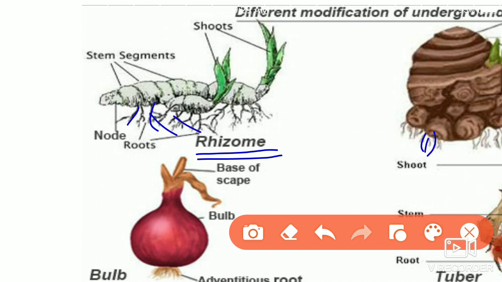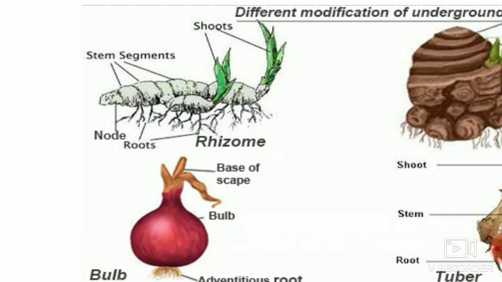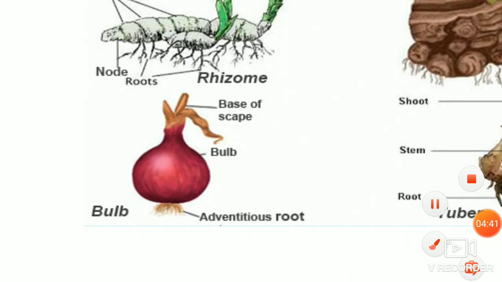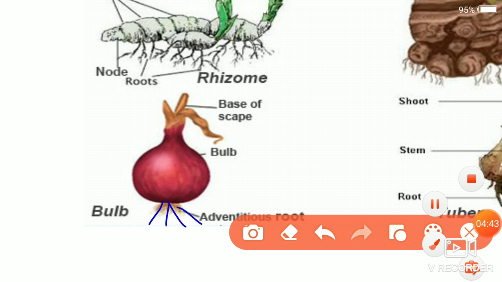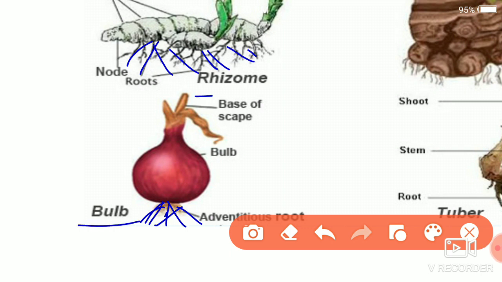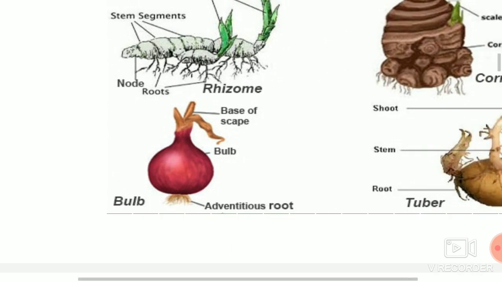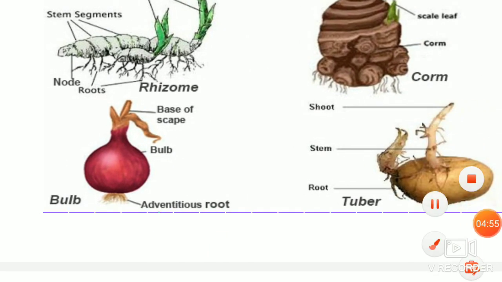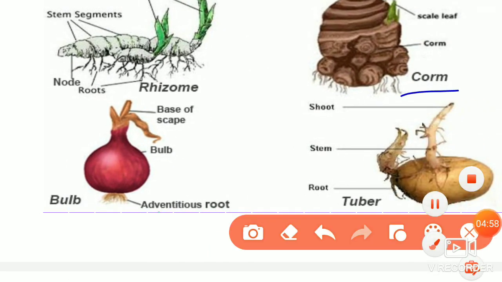The corm and the bulb also produce roots, so that they can develop into a new plant. You can see the roots present in all cases, bulb, rhizome and corm. All these have roots, so that from this corm, this rhizome and this bulb,